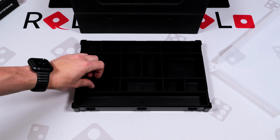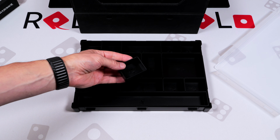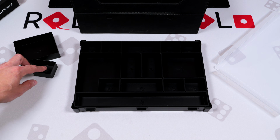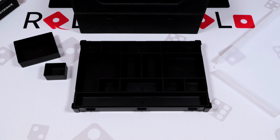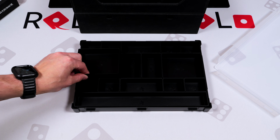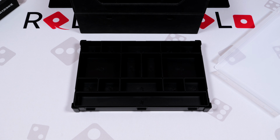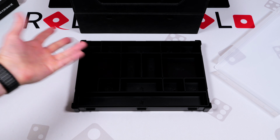And you can see each one of these trays can also be lifted right out of this area. So if you're actually playing, you can simply pull them out and place them on the table, making setup and tear down very easy. And of course, when you want to put them back, it's simply just dropping them into place. Again, you can remember the configuration as it's laid out here, or change things and basically mix it up